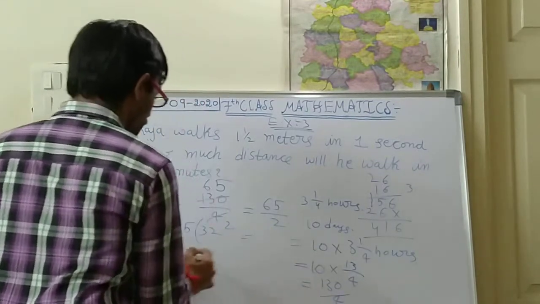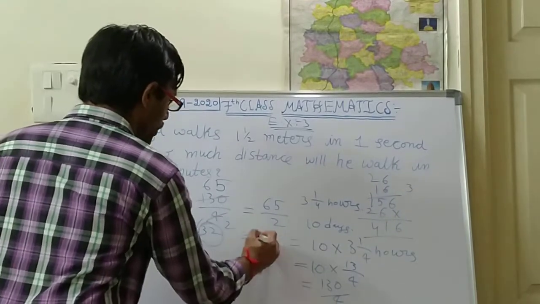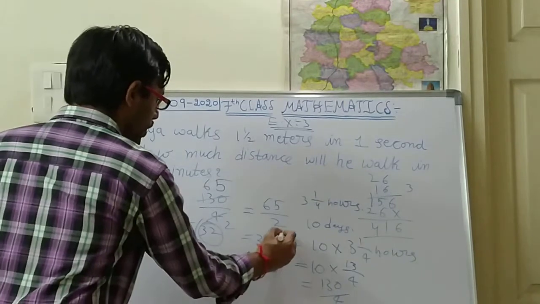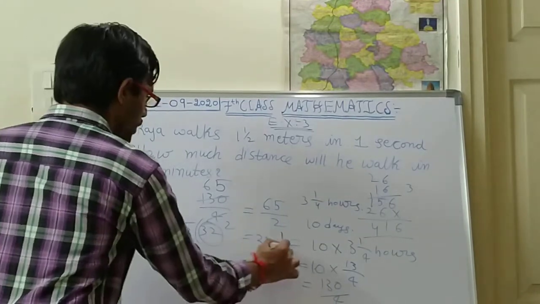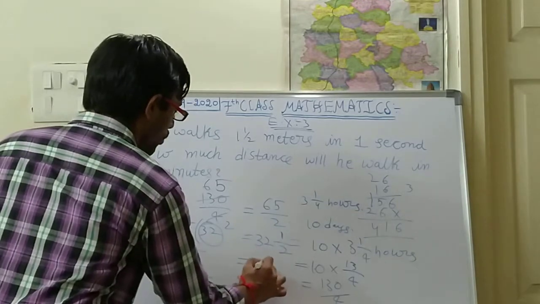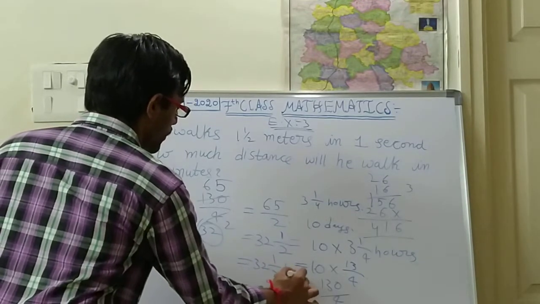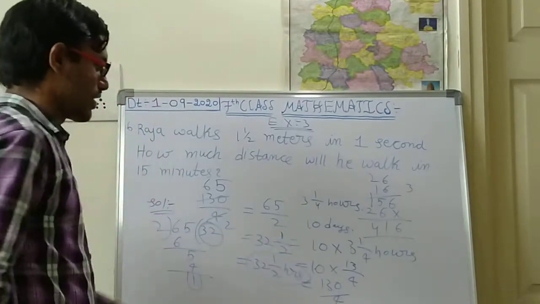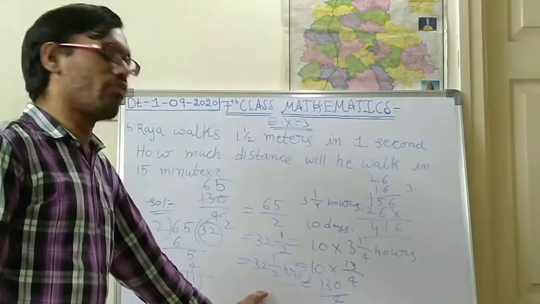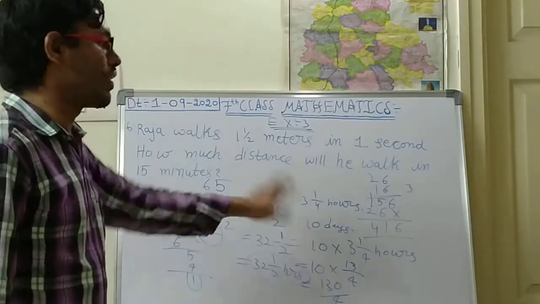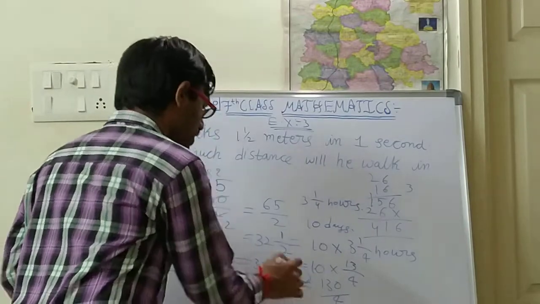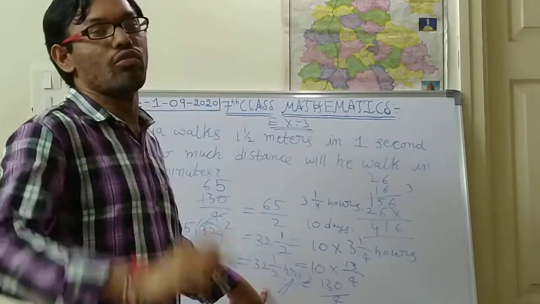So write down here whatever the quotient you got, that one as a whole number. Next whatever the remainder you got, that one as a numerator, and the denominator will be the divisor. So 32 1/2 hours he will spend. So in the 10 days he spent 32 1/2 hours. 32 and a half hours he spent for completing his work. So like that, yeah. This is the final answer for the word problem in the homework.